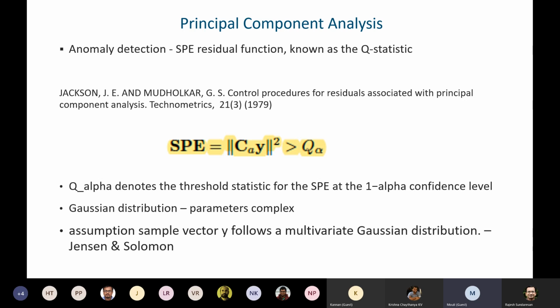So, how do we detect the anomalies? Let's say, how do we separate out the two? There is a pretty reasonably old paper by Jackson and Mudholkar, where they talk about principal component analysis based on this Q statistic, and Q alpha is the threshold, and this is the squared error of the residual function